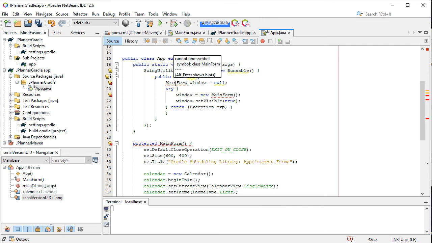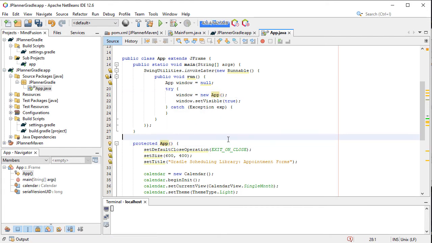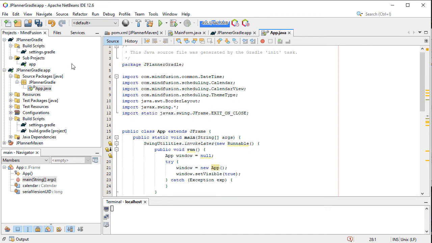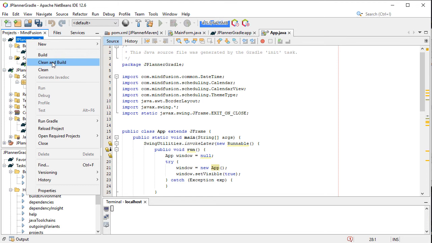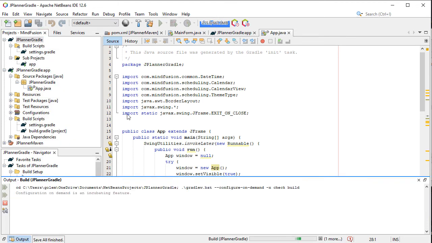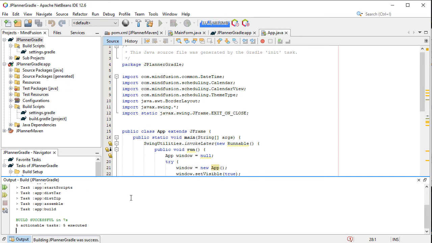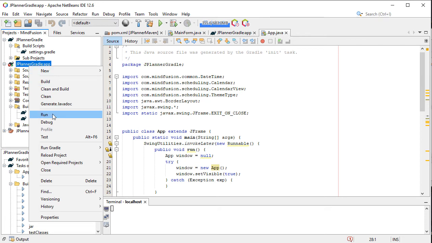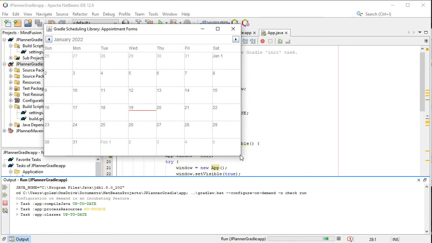We have to rename the main class. Alright, let's build the project. Now let's run it. And here is our schedule, exactly the same as the previous one.